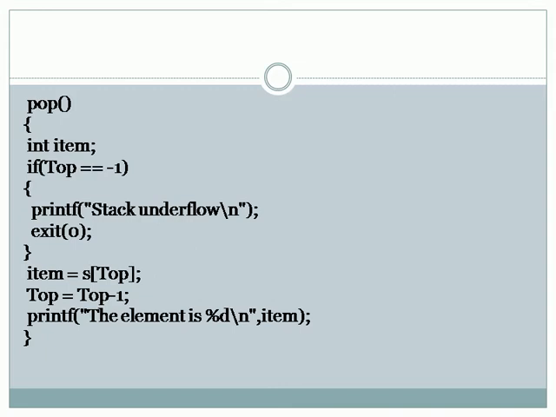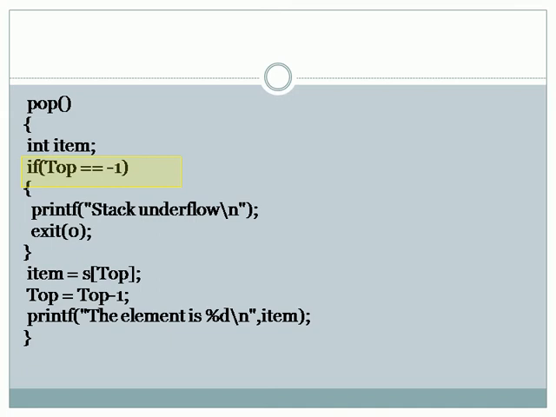So here I have declared one local variable, int item, where the deleted element from the stack is stored. Then we can perform the deletion only if there are some elements present within the stack. Then only I can remove that item. So that's why I have to check one condition here: if top equal to -1. The top will point to -1 when there are no elements in the stack.